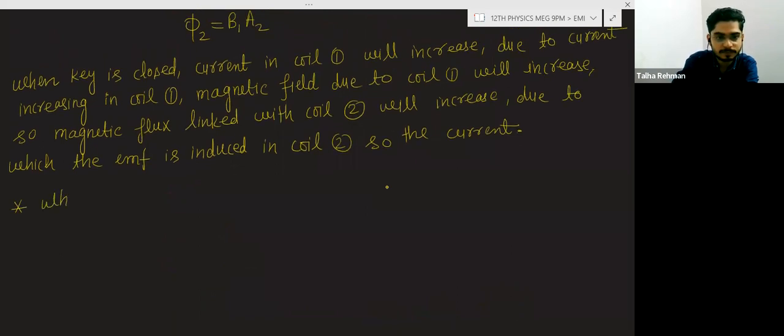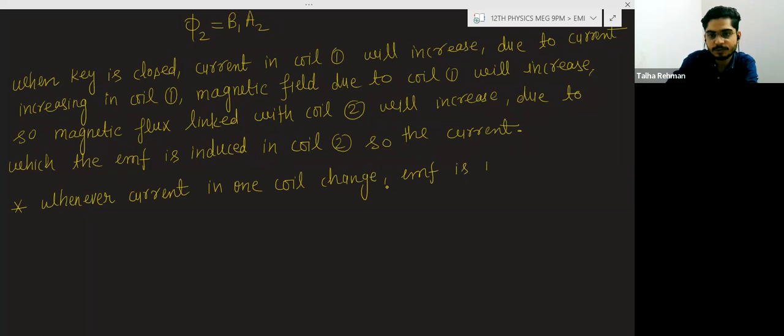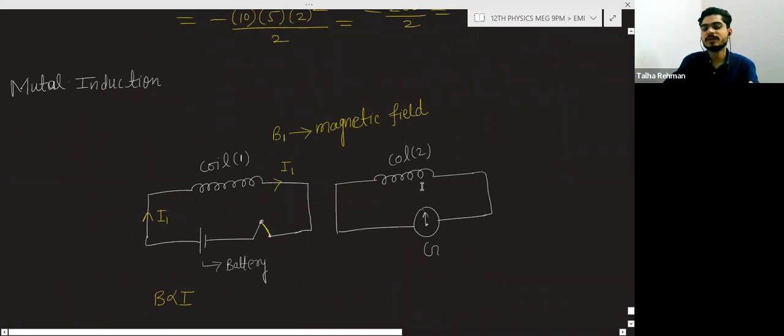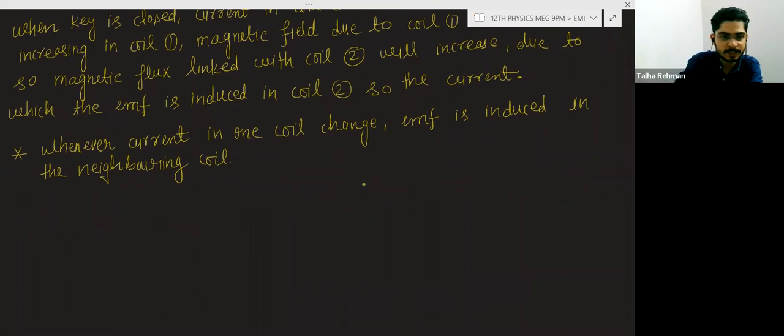You can write here: whenever current in one coil changes, EMF is induced in the neighboring coil. So see here, you are changing the current in this coil, and in the neighboring coil there will be the induced EMF. Simple. And you can say, due to change in current in coil 1,